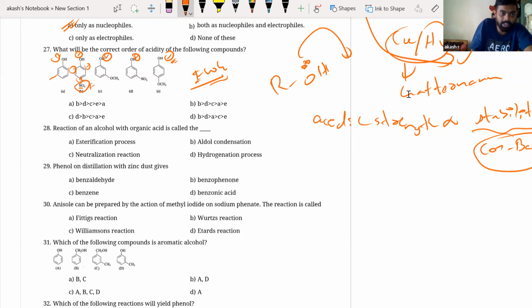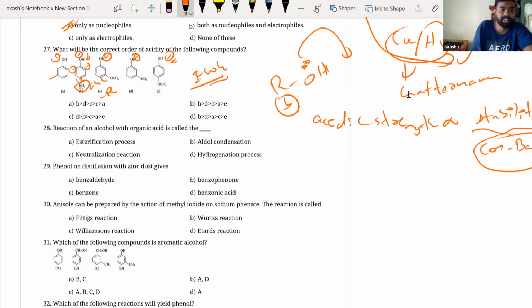This NO2 is an electron withdrawing group, that too by resonance, minus R effect, right? So it is going to highly decrease the negative charge on this particular species, right? So I would say this is the first one. B will have the maximum acidic strength because the conjugate base of B is highly getting stabilized because of NO2 at para position. Very careful.